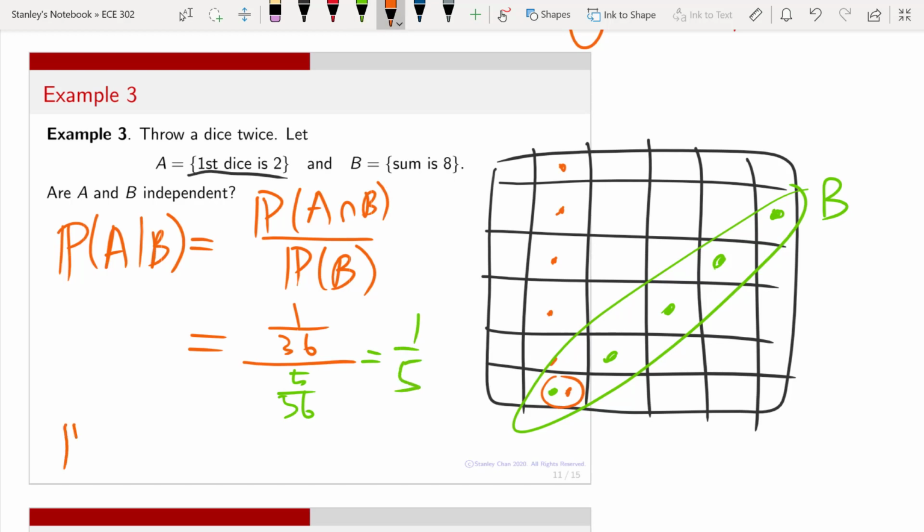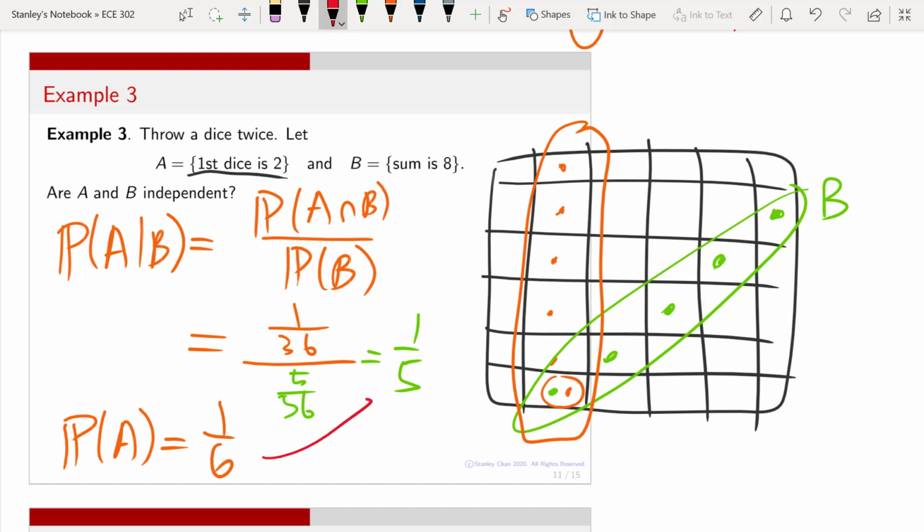And then you can also calculate the probability of A. The probability of A is here. This is 1 over 6. Okay, and you can see that these two are not the same. Okay, and so are they independent? Well, no, they are dependent. If you want to follow the precise definition of